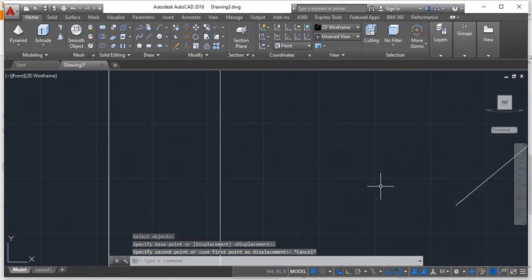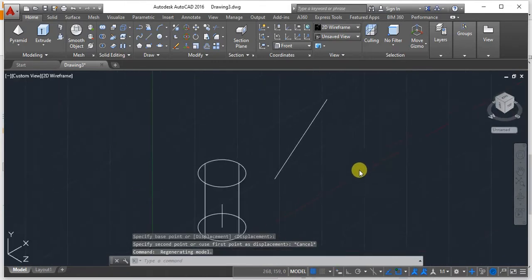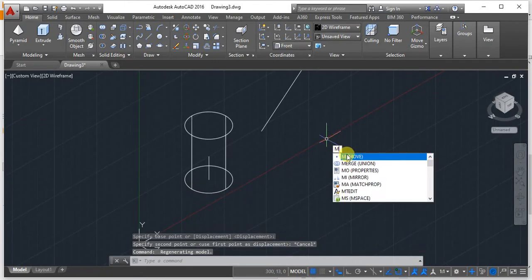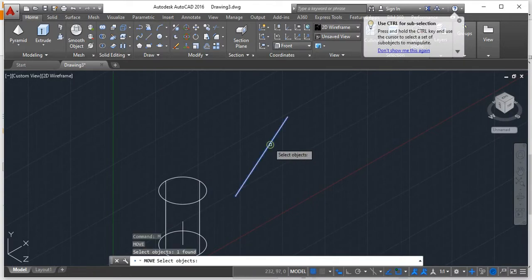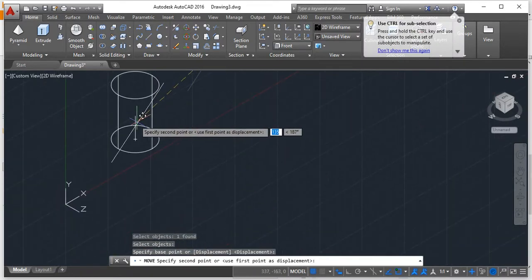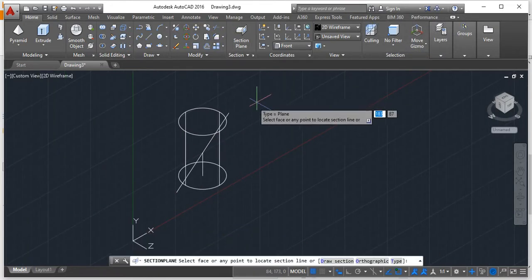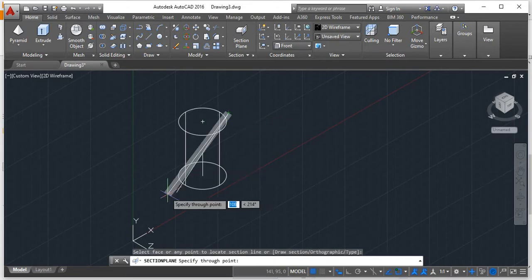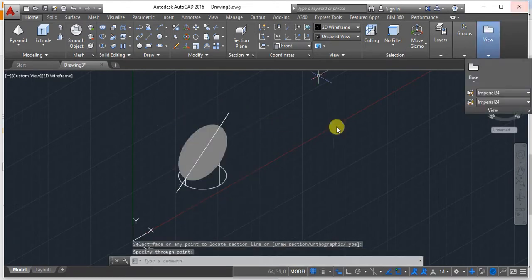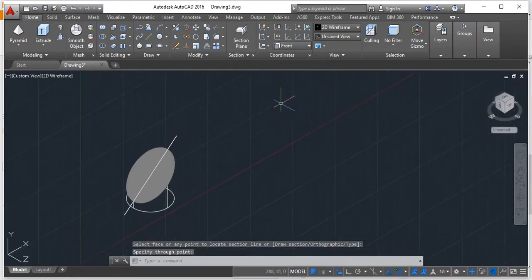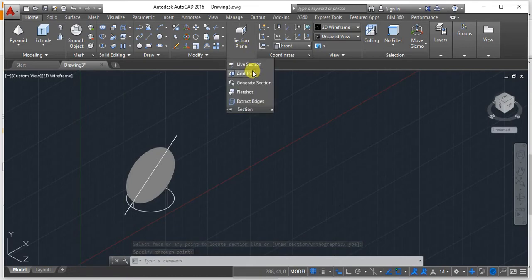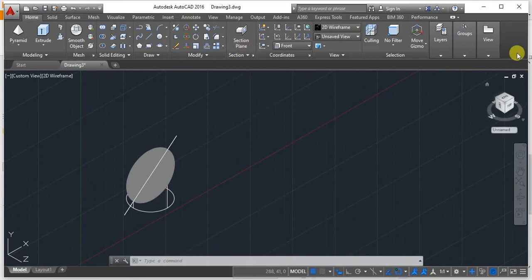If you feel it is very difficult, you can switch to the 3D view and repeat the same procedure. Select the move command, select the central point, then move it to this position. So when you create the sectioning plane, you just select this particular line and it will automatically slice the object. Again, you repeat the same procedure for the generate section option, but